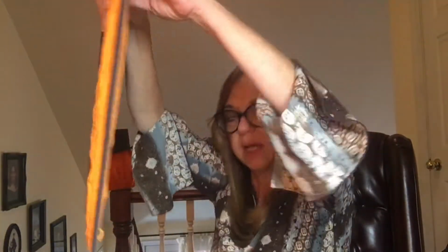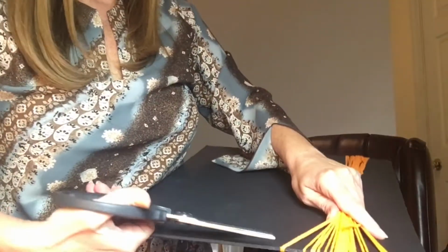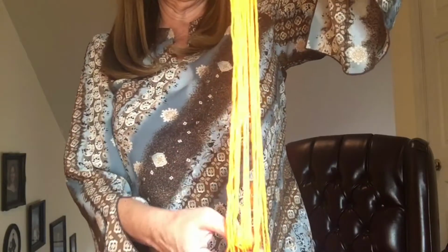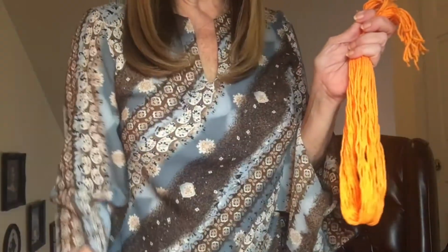And what I'm gonna do is take my scissors and cut across the bottom here. I can get it out of my blouse. Doesn't have to be perfect. All right, there's my ponytail. I'm gonna straighten this out. And we wanna find the center, so you're gonna fold it in half, look for your center, and there it is. So now what I'm gonna do is take an extra piece of yarn,